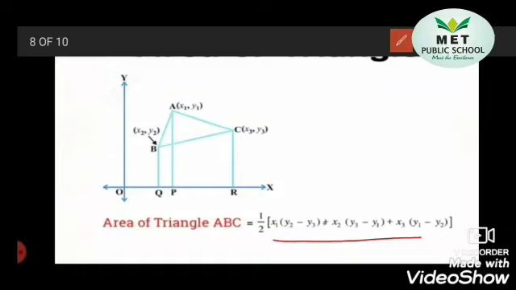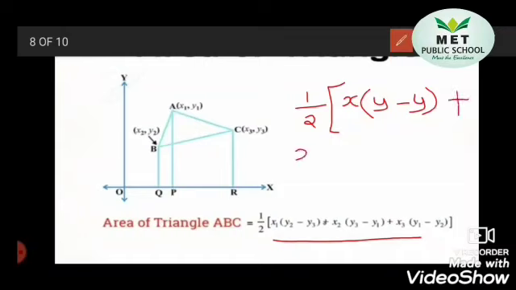So all of you note here, to write the formula, first you have to remember half is written outside the bracket. After writing half outside the bracket, you are writing x (y minus y). Remember this formula, x (y minus y). 3 times you have to write the same thing. So I will write plus x (y minus y) plus x (y minus y). So here I have written this one 3 times, x (y minus y).